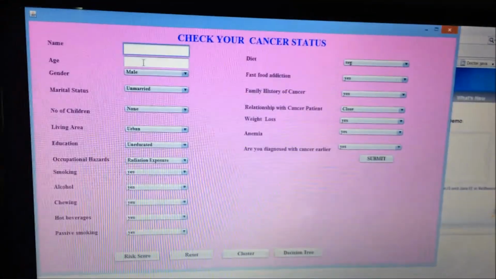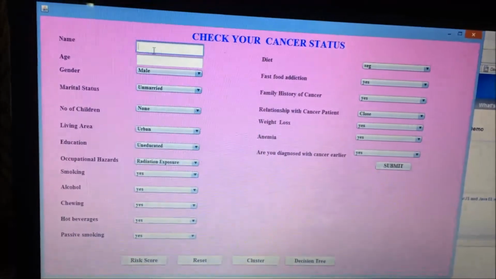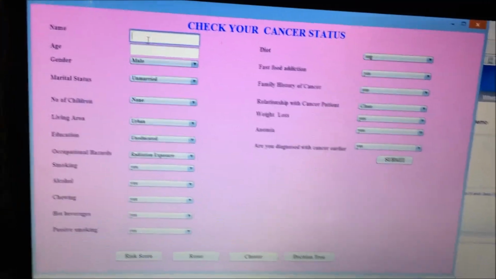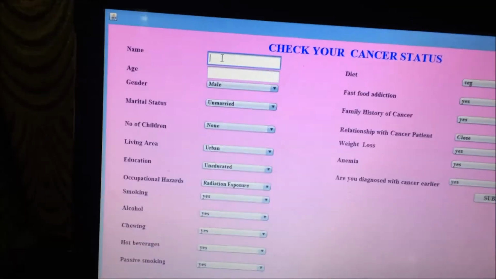So this is the new user data feeding page. It's a form, so let's do it.